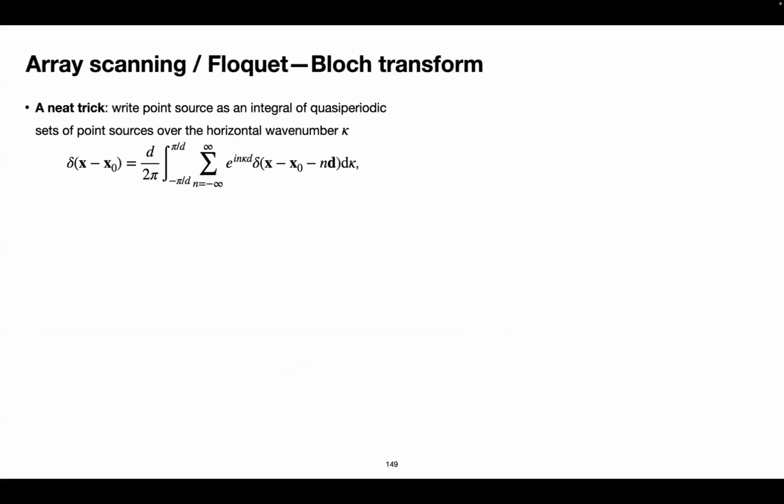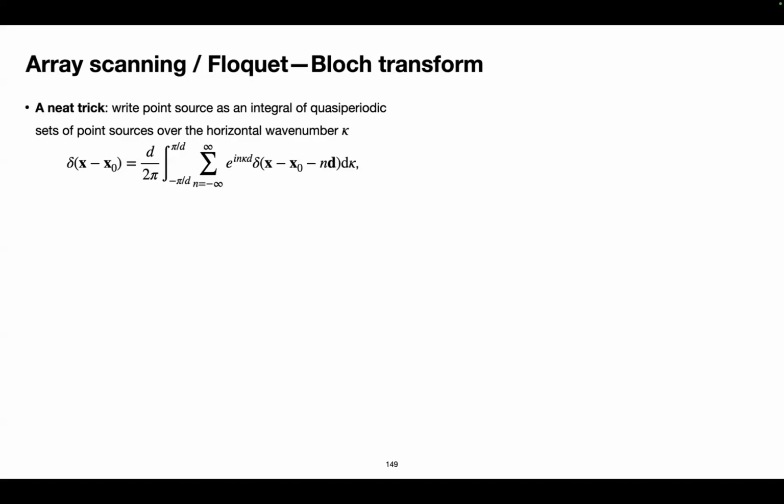And now, finally, I'm going to tell you how we go from this infinite set of point sources setup to just a single point source. The trick is it's completely mathematical. In words, what this equation means is that I can decompose a point source, which is the delta function, into a set of point sources where the quasi-periodicity is different. Think of this as a generalized version of the Fourier transform, where you took some sort of non-periodic function and decomposed it into a set of periodic functions. This is very similar to that.